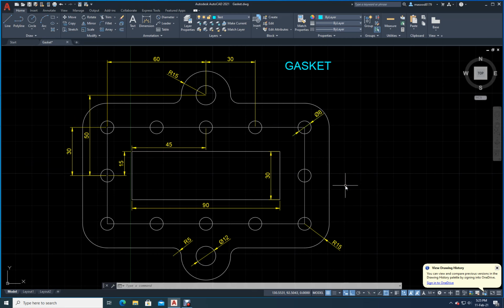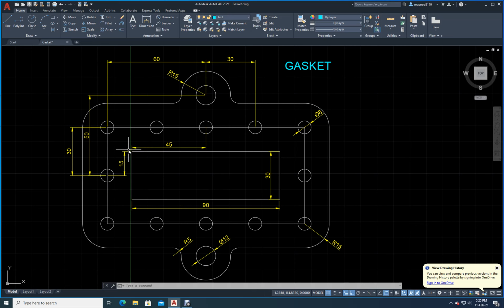Okay. Now here we can see that I have to create a rectangular array, and the distance between the center of each hole is 30, and the vertical distance is also 30. Here you can see both sides it is given, right? So what we shall do, we shall create an array.